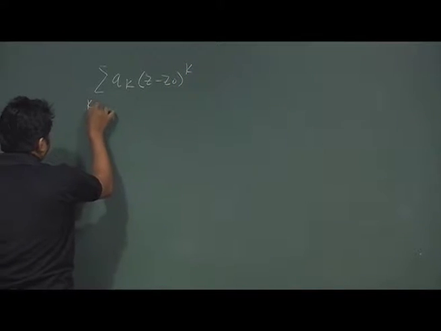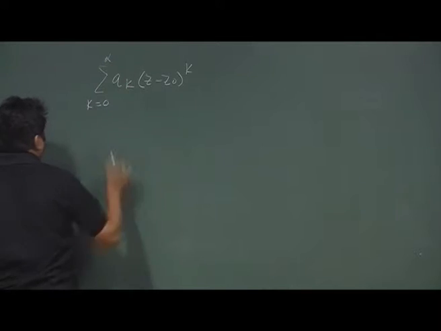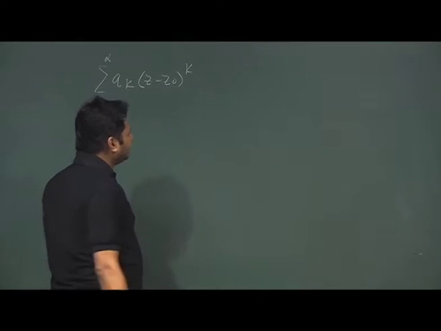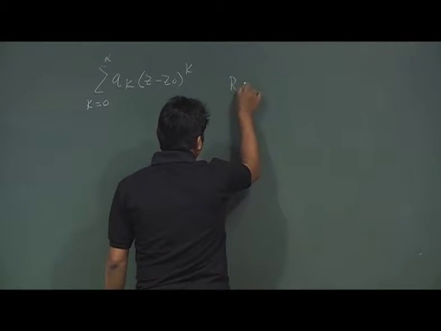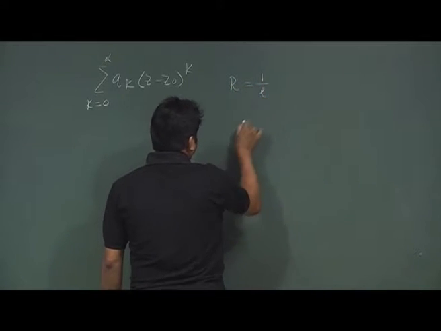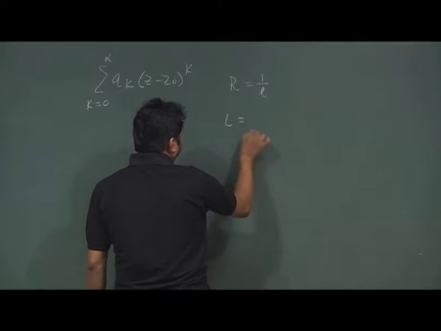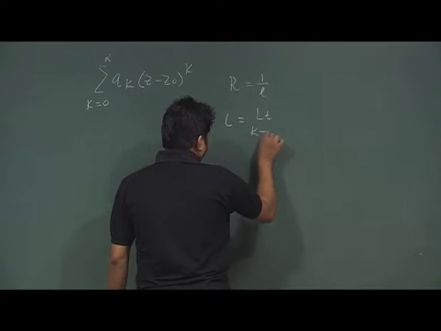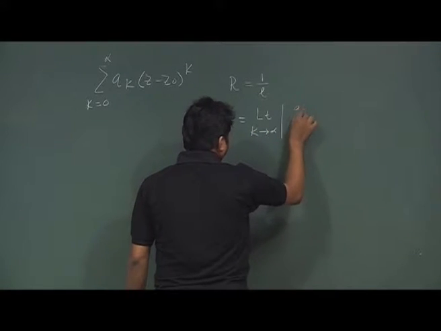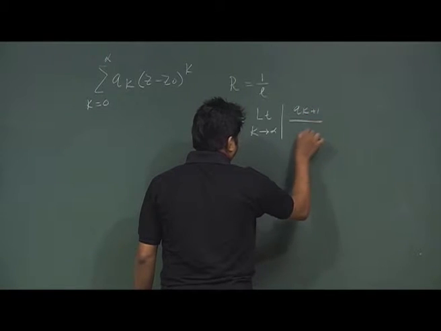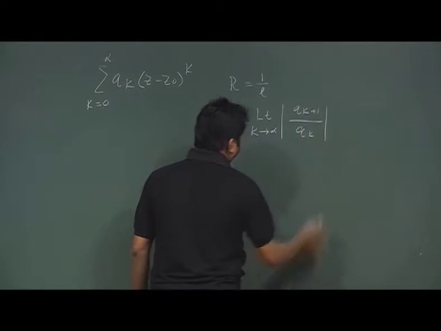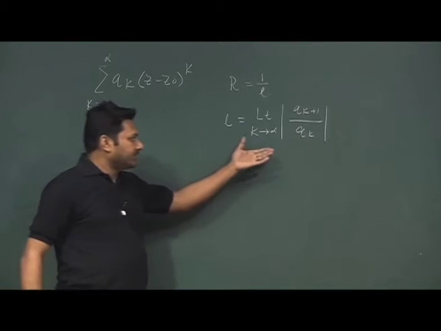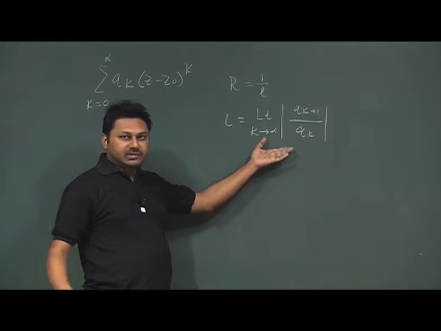A series can be represented in this way, which we call a power series, and then we find the radius of convergence of this particular series. The radius of convergence is defined as R = 1/L, where L is the limit as k tends to infinity of |a_(k+1)/a_k|. So, we are normally using this ratio test, but today I am going to show just